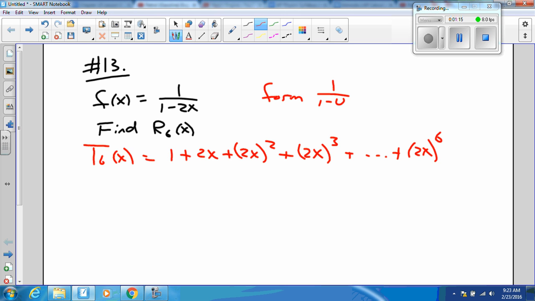To the 6. Are we looking for R6 or R5? I can't remember. You said find the truncation error for R6. Okay. So a 6-degree polynomial. Yep. And the phrase truncation error is just a synonym for